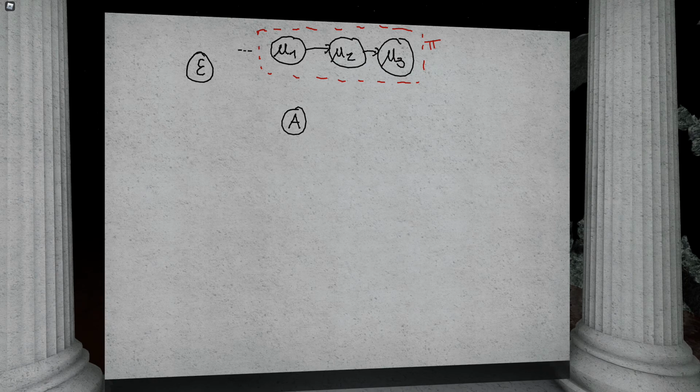And mu1 is the main machine, so I draw a dotted arrow to say it has an external identity that I will call ID. This is the external identity of protocol pi. Okay, so mu1 is the main machine, the others are internal machines, if you like. We've got the environment, we've got the adversary.